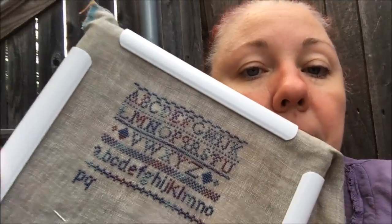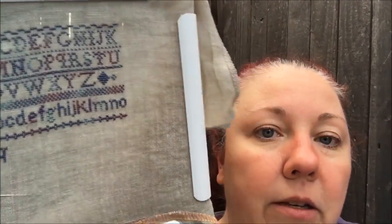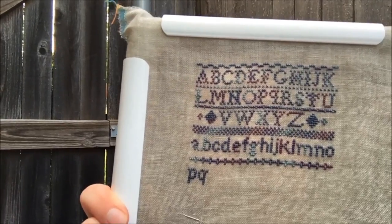And sometimes that's the cool thing about seeing videos too, and Flosstube videos, is that you can actually get a sense of what the piece looks like that's a little better than just seeing it in a photo. Because every time I take a photo of this, it looks totally different. But you can kind of see that color in the video. So anyway,